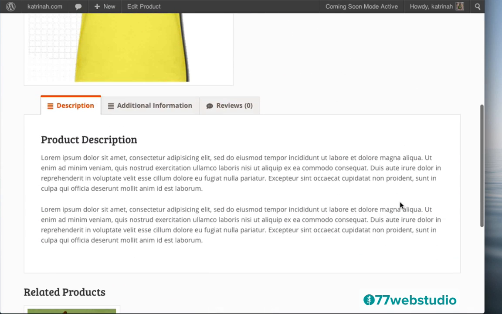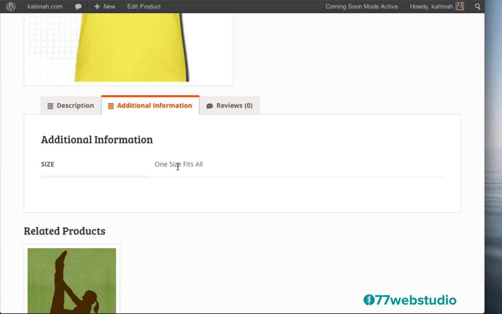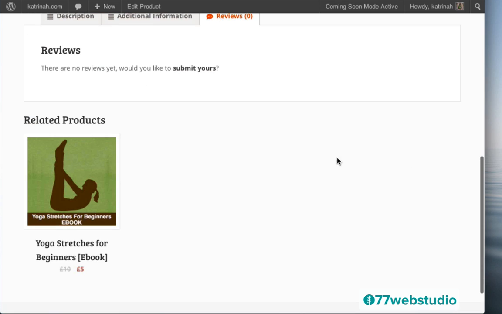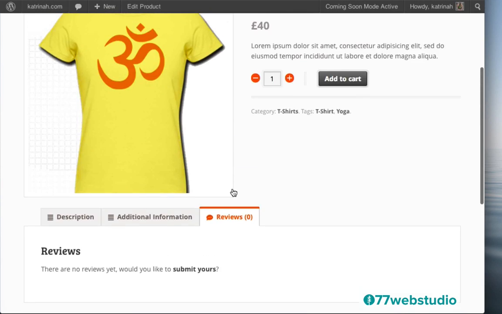And then when I scroll down now, you'll note that here I just have the product description. Of course, there's no embedded document because this is a t-shirt, not an ebook. When I click on additional information, it just says size, one size fits all. And if you have any reviews, those will show up in this section right here. Also note that now we're starting to see related products show up down below. And as we add more products to our product catalog, all of those different related products will start to show up here also. So there we go.